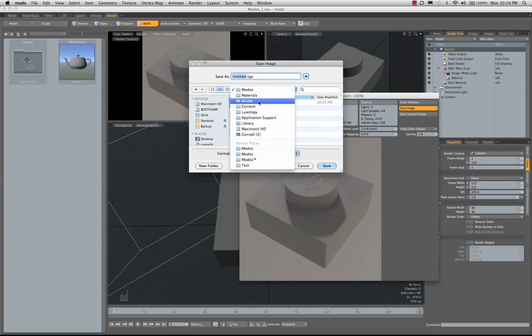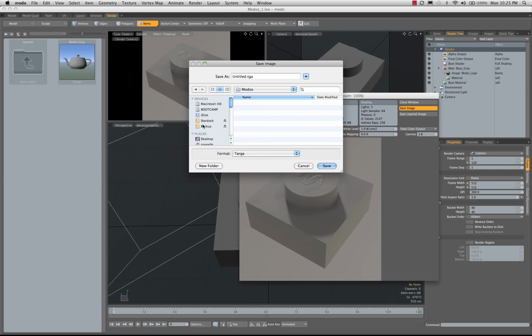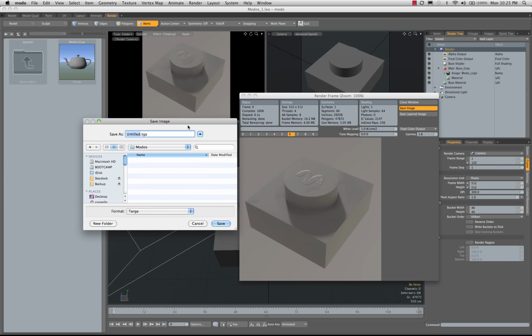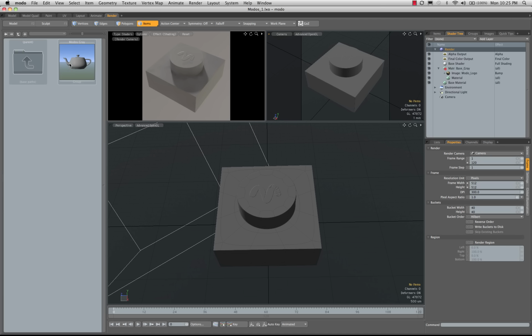And I'm actually going to put this also here in my assets folder. So I'm going to go to images, new folder, Modo, and this one I will call Modo Gray TGA. Okay, we'll close this, and then what I'm going to do here is on my Modo Gray, I'm going